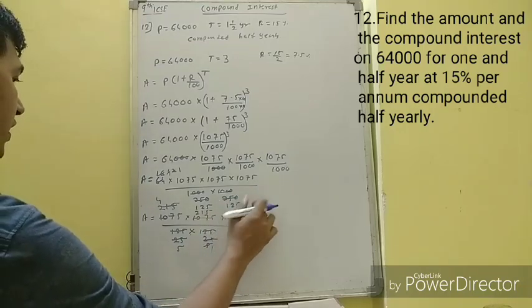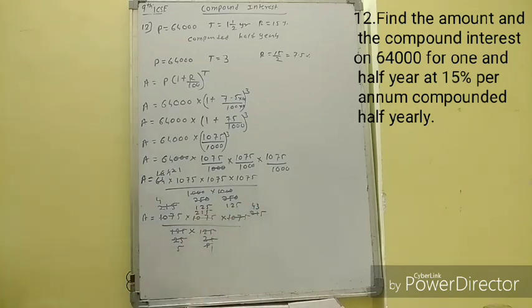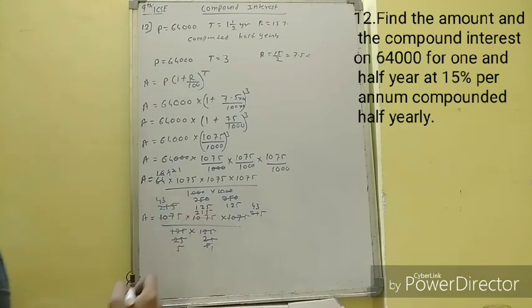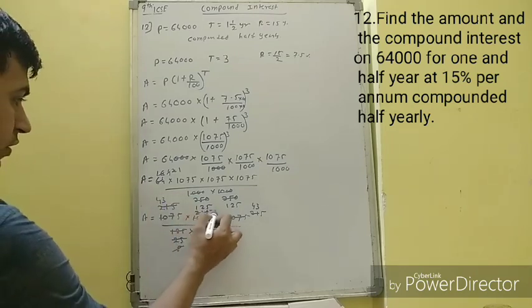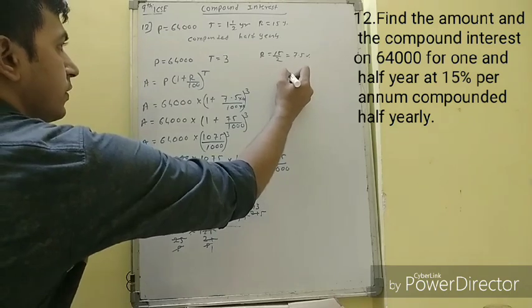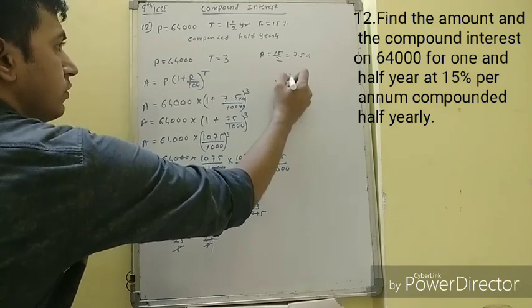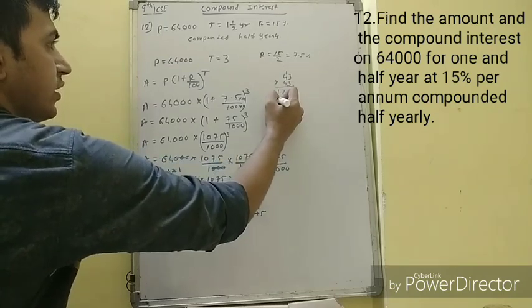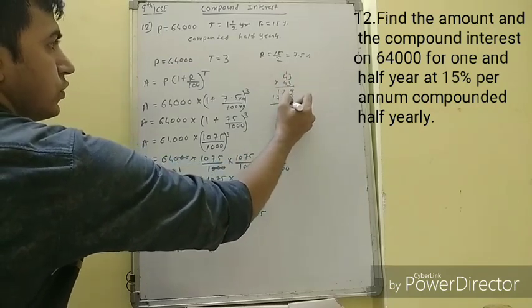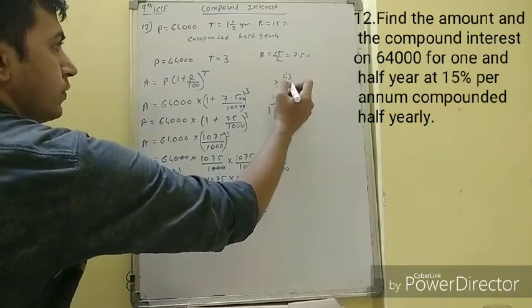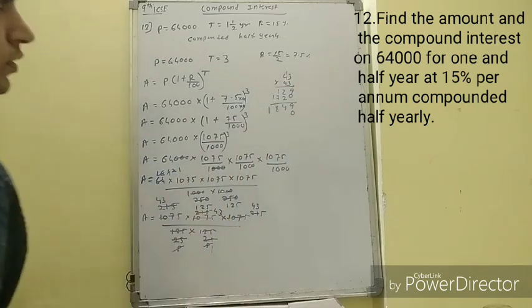How can it be 403? 5 1s are 5, 43, that is right. 5 4s are 20 and 1, yes. 5 1s are 5, 43s are here also, 5 1s are 5, 43s are here also. So we have 43, 43 and 43, 3 times. So 43 into 43, we have 3 3s are 9, 3 4s are 12, 4 3s are 12, 16, 17. Okay, so 9 4 8 1 is the product.